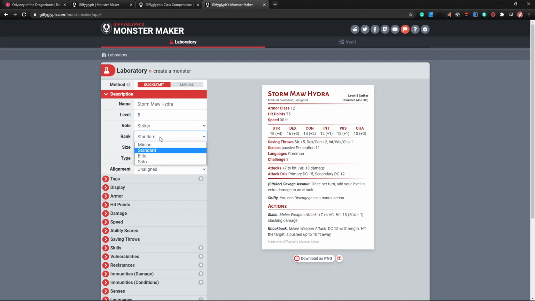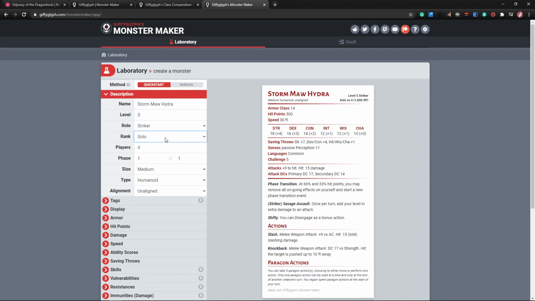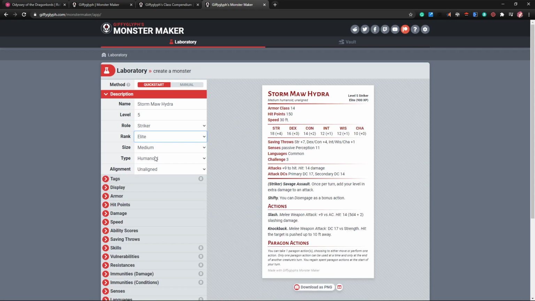And then let's see. What rank is it? It's going to be a solo monster. These are also taken directly from 4E, so minions die in 1 or 2 hits. Standard is a normal rank and file monster. Elite is sort of like a mini boss, like a goblin boss compared to a goblin. A solo would be like your dragon or your beholder or something like that. Generally, you don't want to use solo monsters if you've got a big adventuring party,